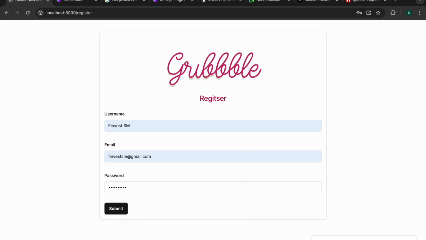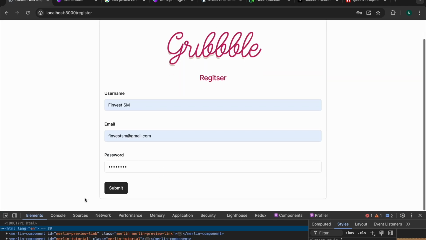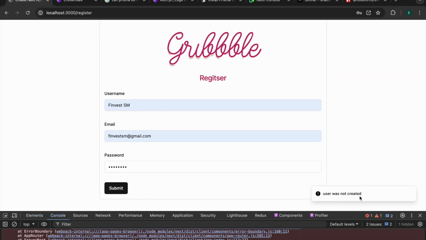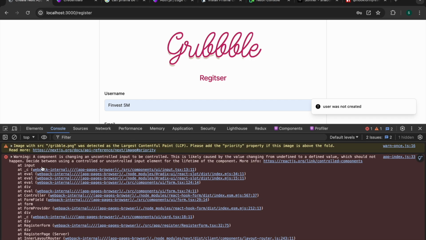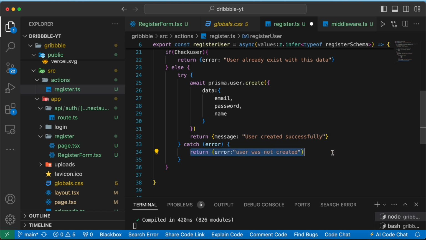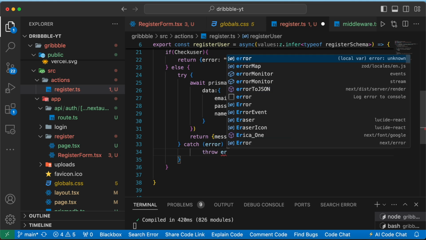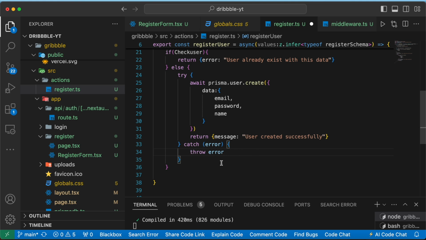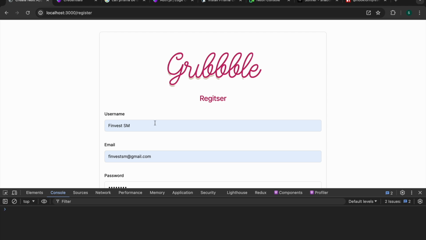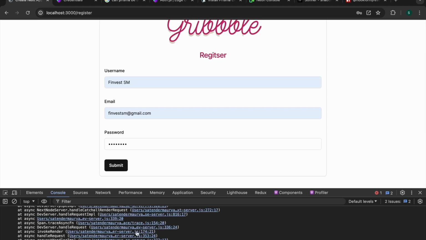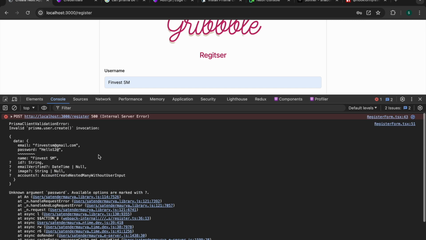Okay, let's inspect this, and I have a toast here. You can see I have a toast that the user was not created. Let's see what the problem is here. Right now, as you can see, we do not know the cause of this problem, so we can remove this and throw the error here instead of passing a custom object. Now let's save, and we should now get some real responses from behind. Okay, so as you can see, now I'm getting the response. Okay, the password is this,